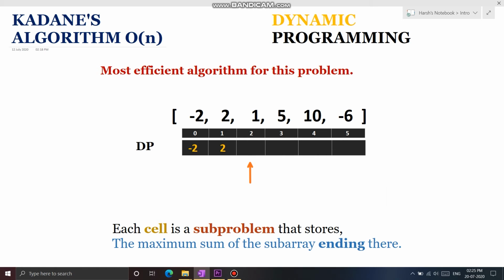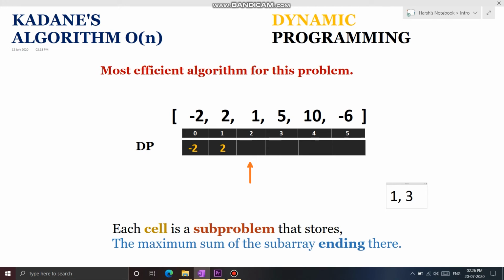So if we choose to start a new subarray from this index, then we are going to have a subarray of length 1 that contains the element 1 itself, and the sum of that subarray would be 1. Otherwise, if we expand the existing subarray that ends at index 1, then the sum of the new subarray would be 2, which is the sum of the preceding subarray, plus 1, which is 3.